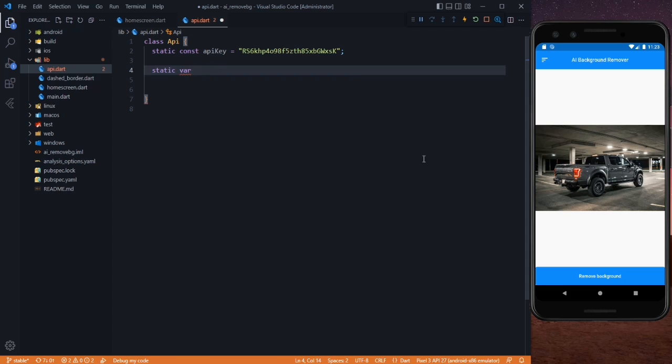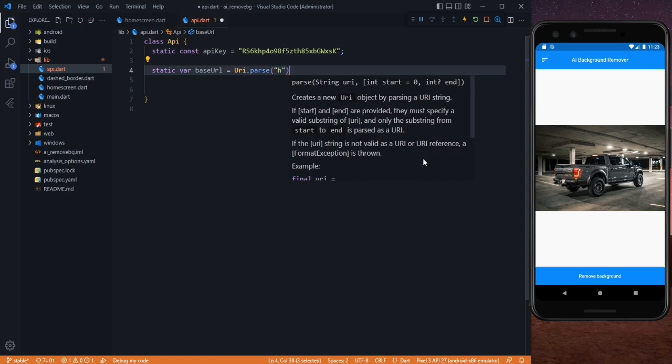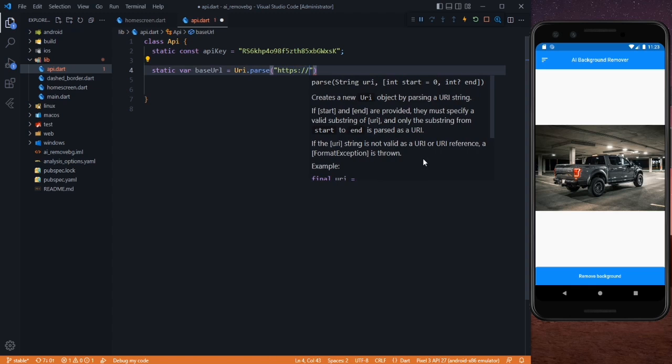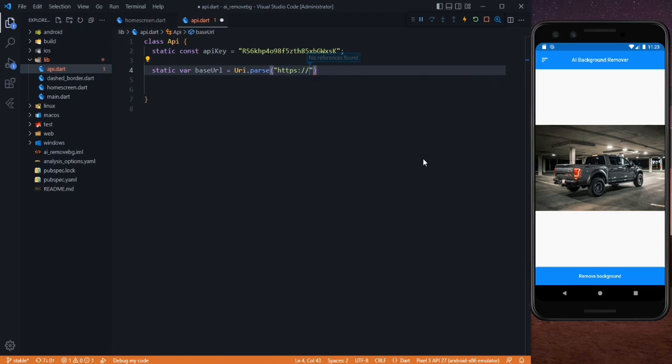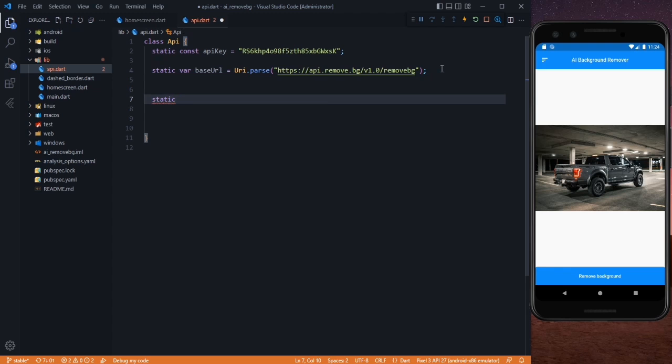So it will be static variable baseUrl. So it will be Uri.parse, and in here you need to say https://api.remove.bg/v1.0/remove. So this is your base URL,